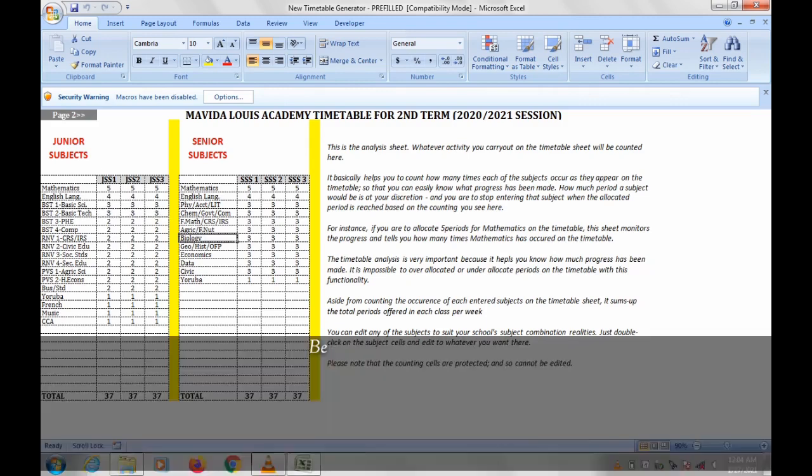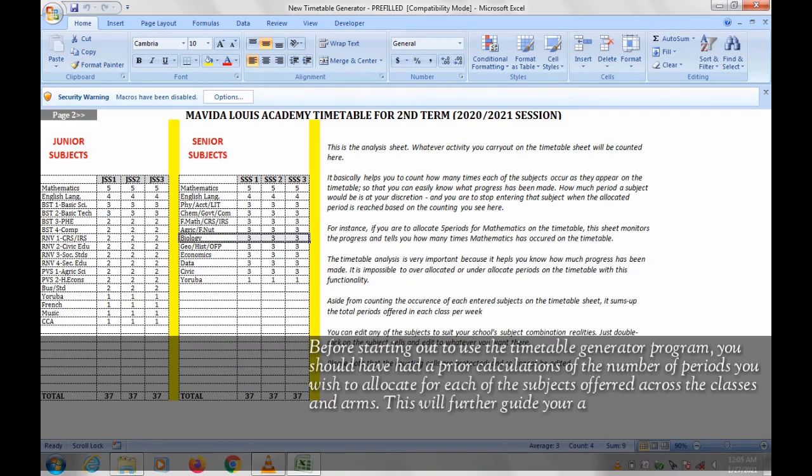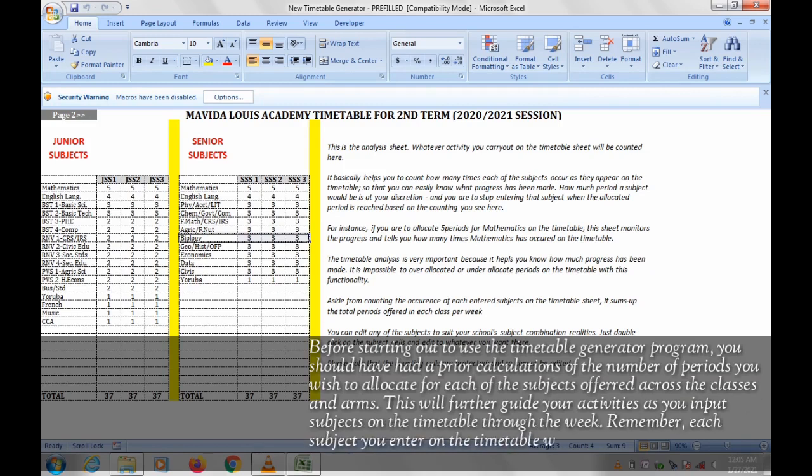For instance, for biology, you want to ensure that you enter 3 periods each for biology every week. As you enter this on your timetable, this data analysis page will be counting your activity. So it will be very easy for you to just navigate to this page and see the progress of your work. Okay, now if you look at the top left corner,